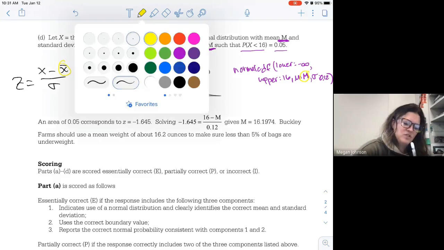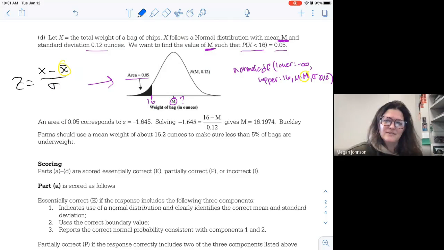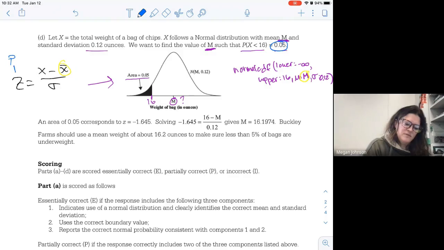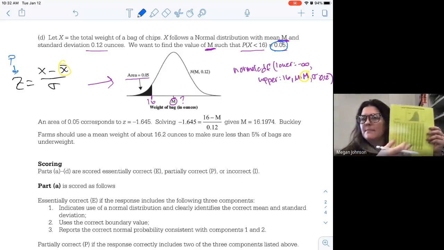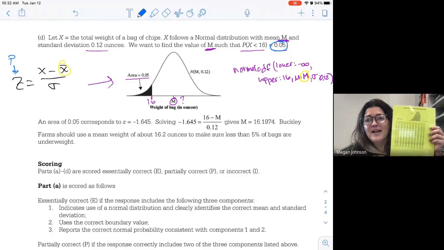But the thing that you have to do before you can plug things into the formula is take your probability of 0.05 and figure out what its z-score is on the z-table. So we would look in the body of the table and find 0.05, and then see what z-score corresponded with that